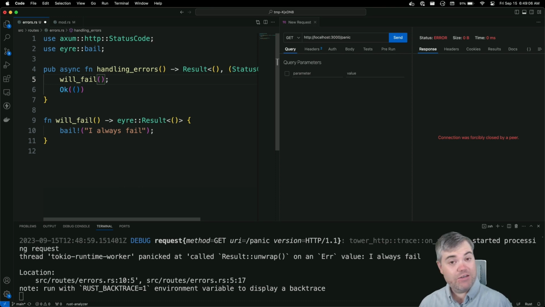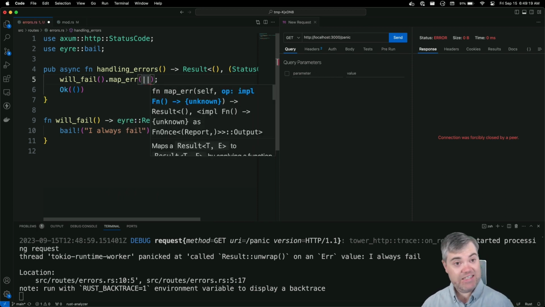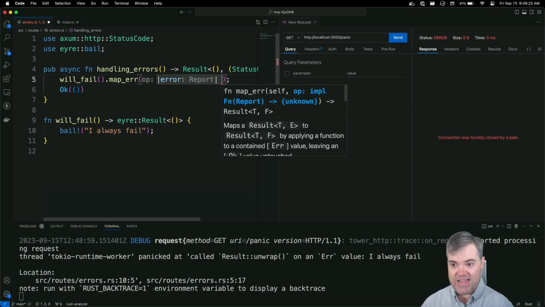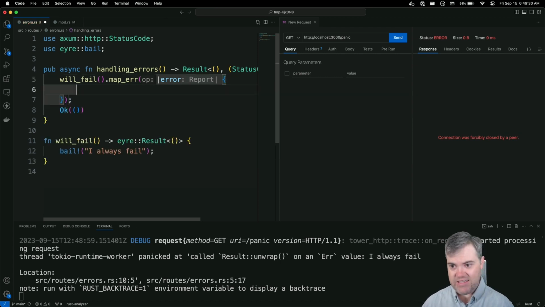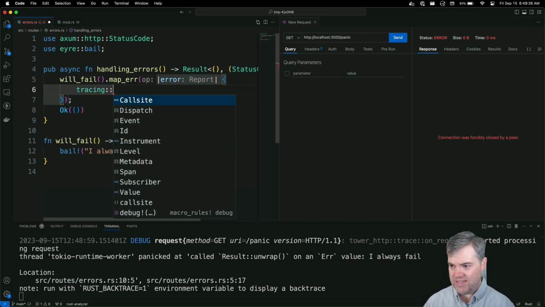Now, I can convert the error result into this type of result with a map_err. This takes a closure. So we're going to get the error from error, and I can now turn this into whatever I want. In this case, having some kind of tracing log is usually nice. Let's go ahead and use tracing.